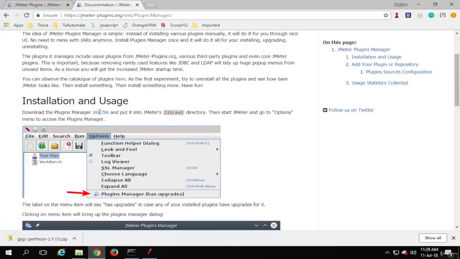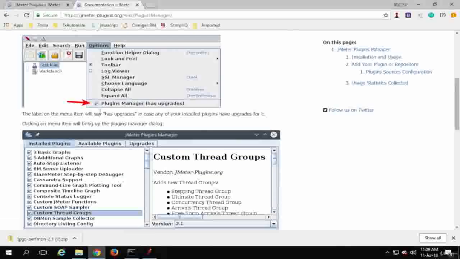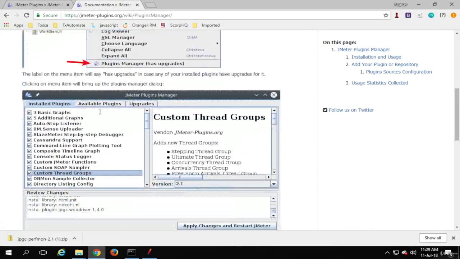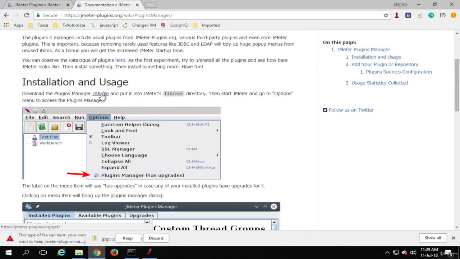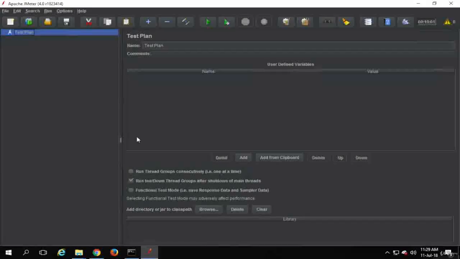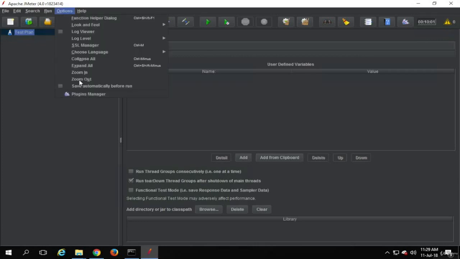You can download the jar from here and then keep it inside your lib ext directory, and then start JMeter, and then you should get your JMeter plugins manager under the options menu.